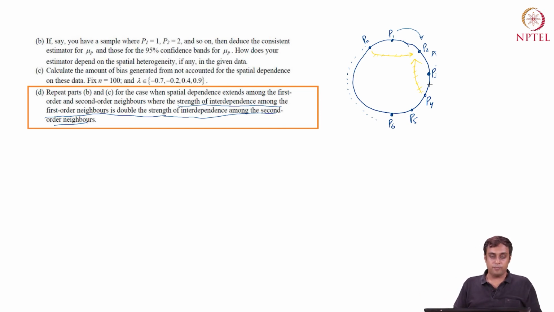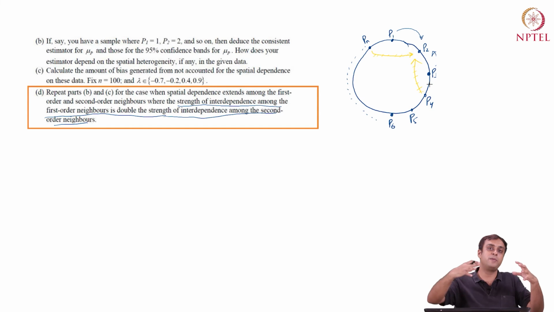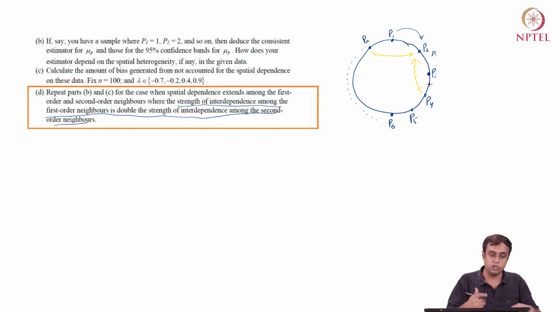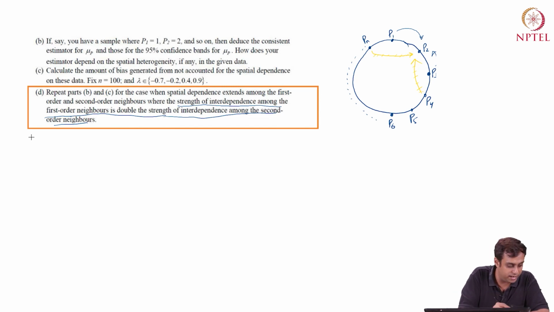Okay, so let's try and exhibit this problem first of all in the variance covariance matrix. We've solved this problem for the previous case, and we saw that the variance covariance matrix is really good in encompassing all this knowledge. So I'm going to write down the variance covariance matrix for second order neighbors.